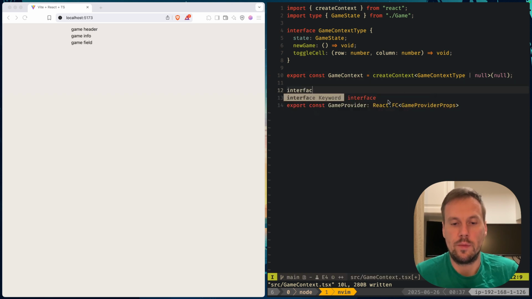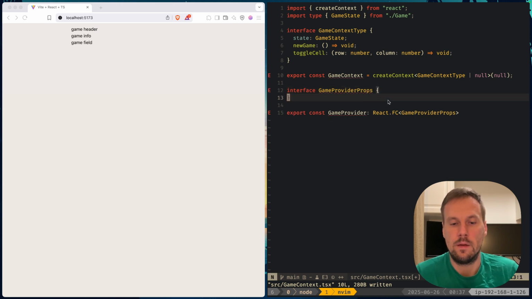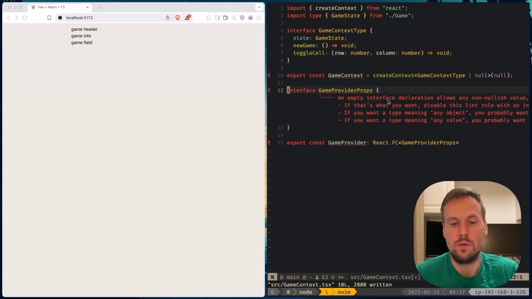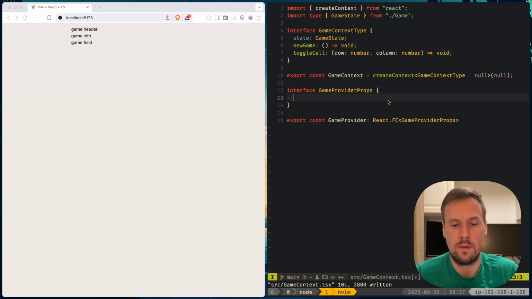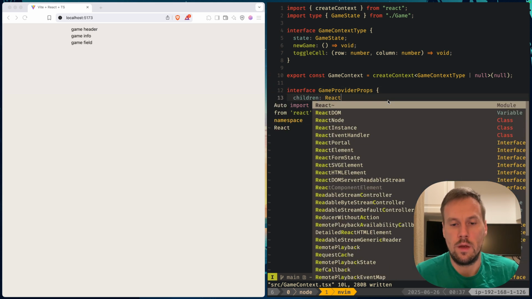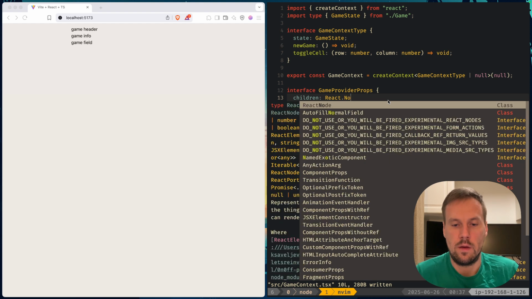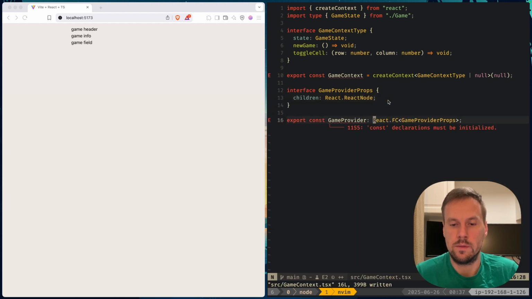Game provider props is actually an interface, because we need to wrap other React nodes using our game provider. I think, yeah, like this. So it will take children,